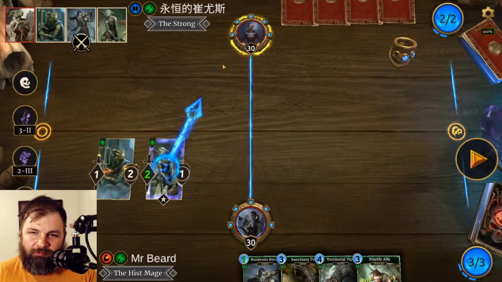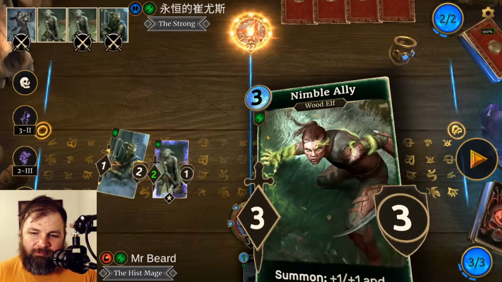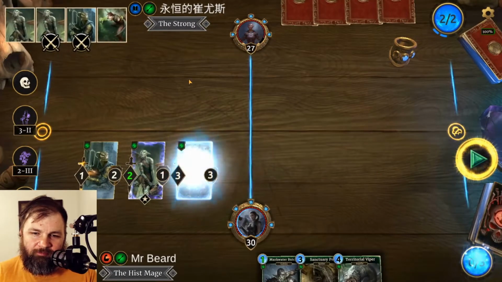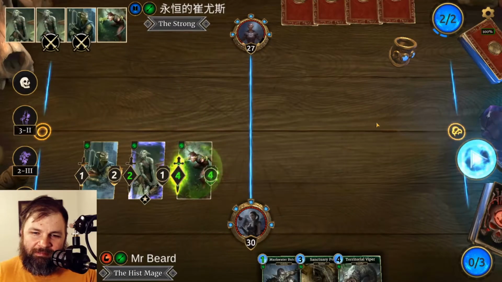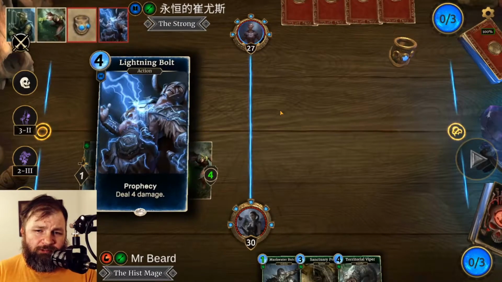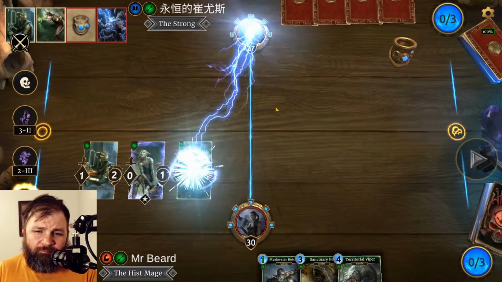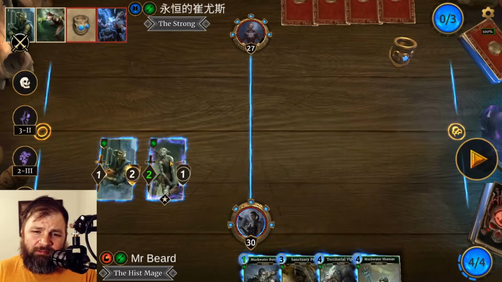Oh my goodness. And there's our Nimble Ally. Let's see if we can get him to proc, hopefully. And there it is, 1 proc. There we go. That's exactly what we want. Because now, if we get a crossbow, we can put it on him and ping whatever creature comes down until they use a lightning bolt. And they had the ring out, and we still have board control. So, again, we're still